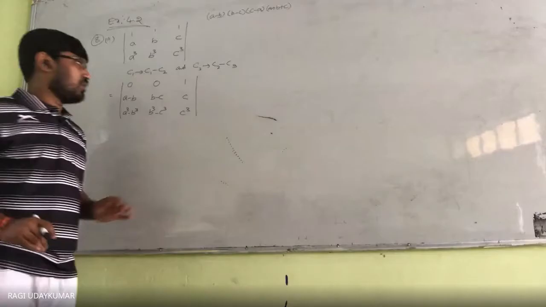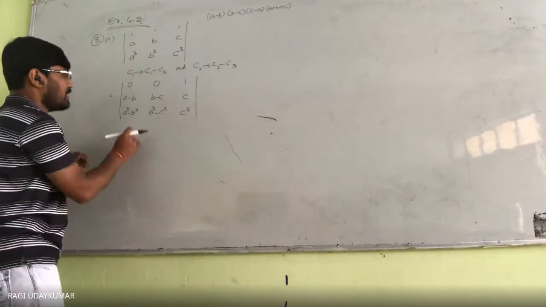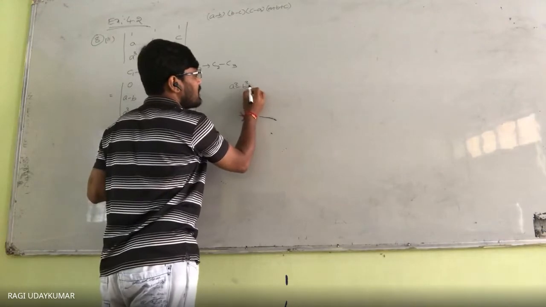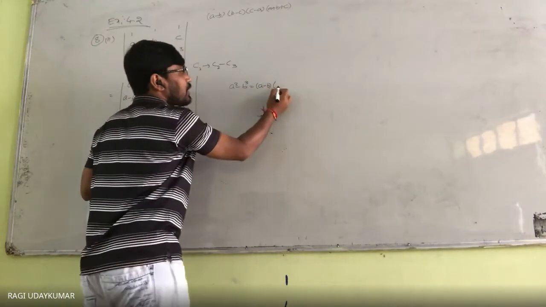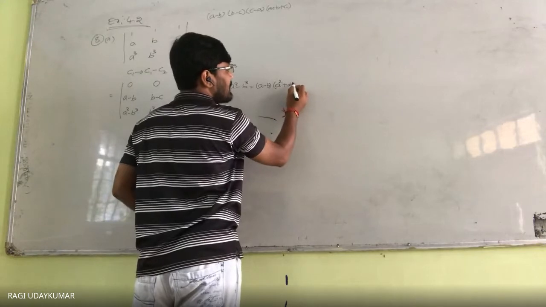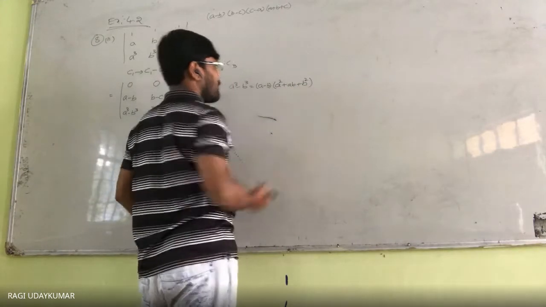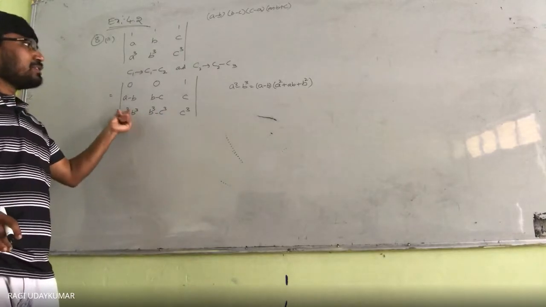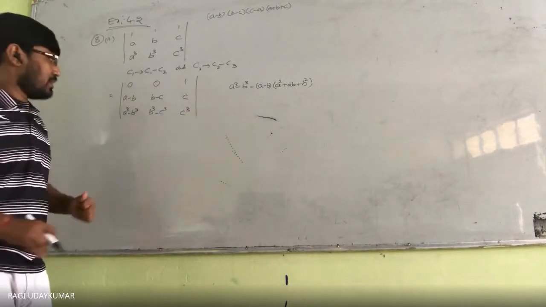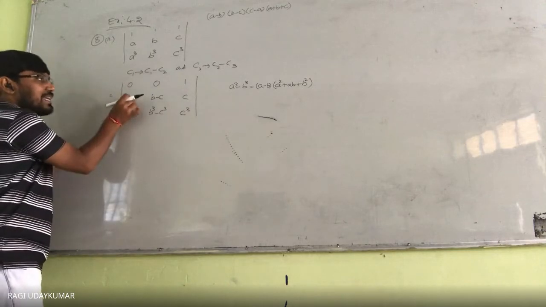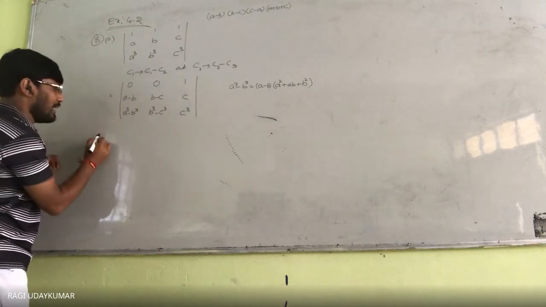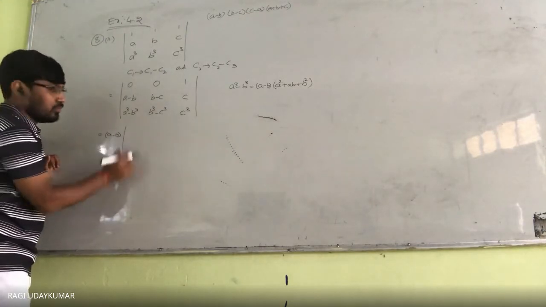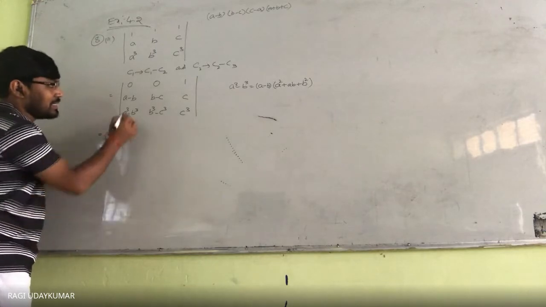Yes, sir. Okay, now what to do here? Whenever you observe the A cube minus B cube formula, you need to know that A cube minus B cube is equal to A minus B into A square plus AB plus B square. In this A minus B is there, and here A minus B is there. So A minus B you can take common from the first column. So 0 remains, here it becomes 1. What does it become?